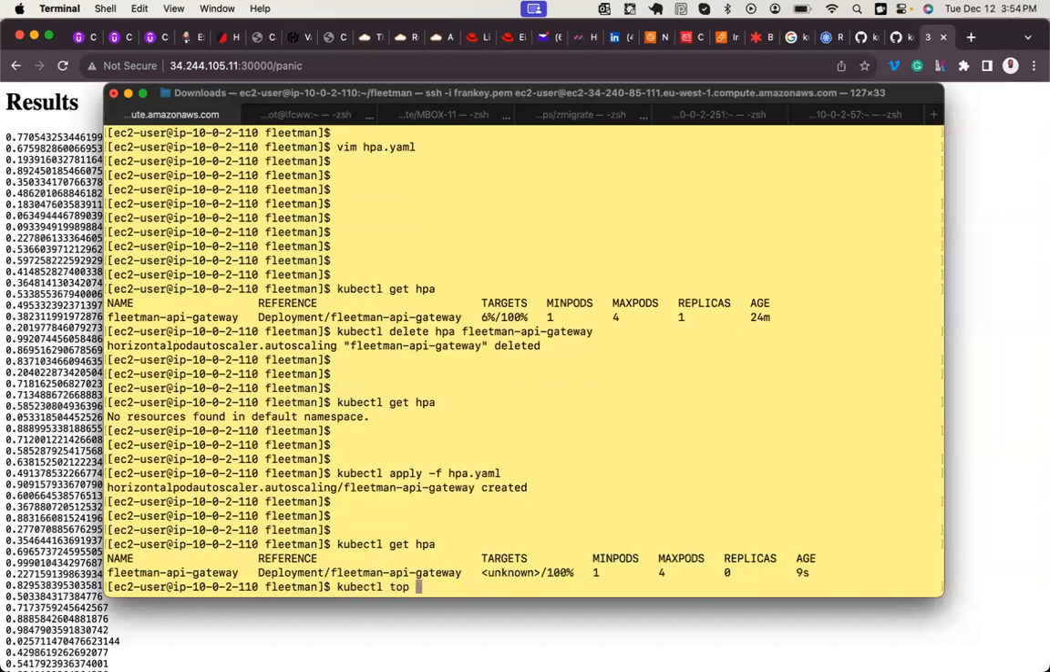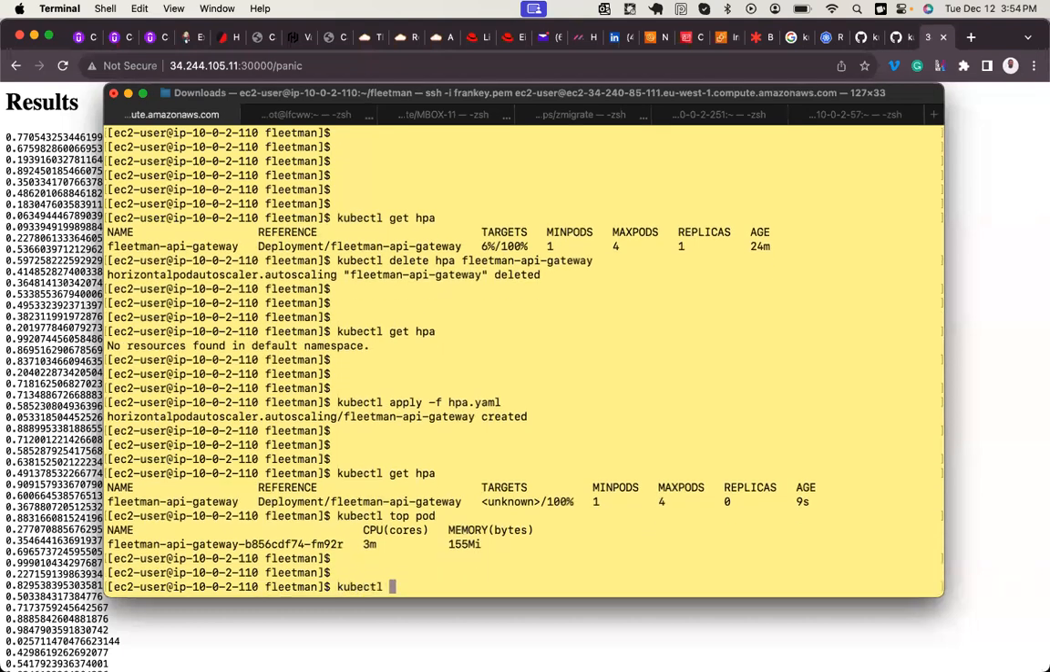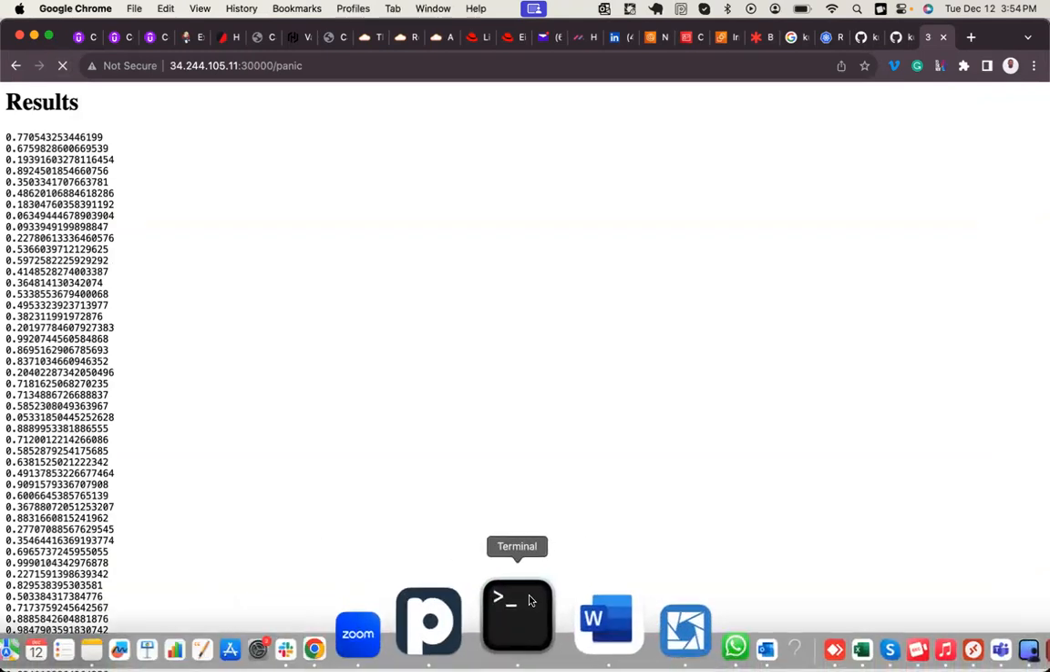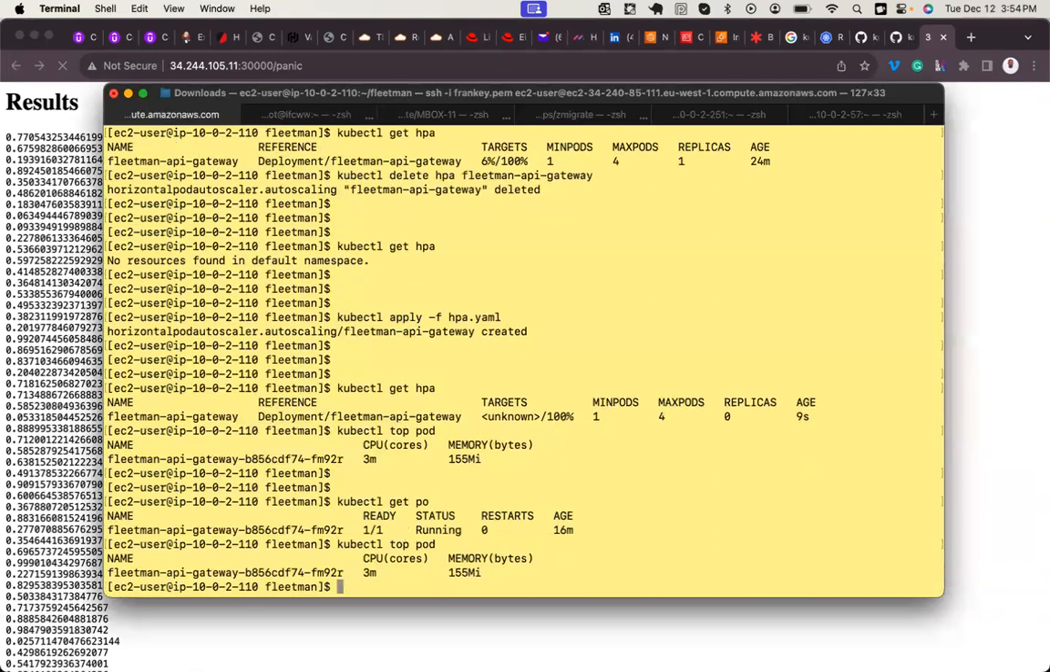So now kubectl top pod. So far, my CPU utilization is what? 3 millicores. kubectl get pod. Everything has come back to normal, right? Great. Now, if I come here and refresh this site, while I'm refreshing this site, let's check our CPU usage. Top. Let's watch it. kubectl top pod